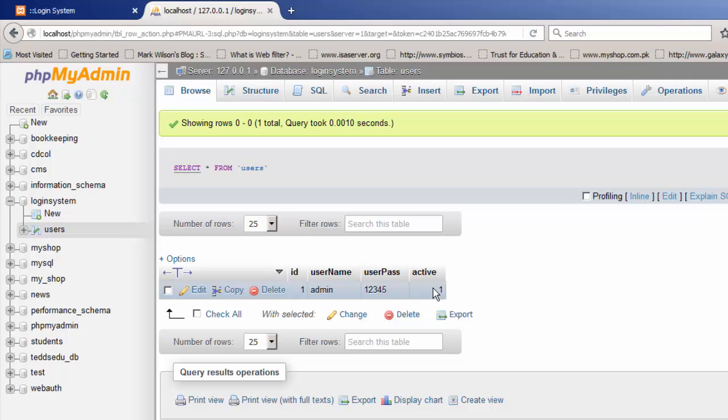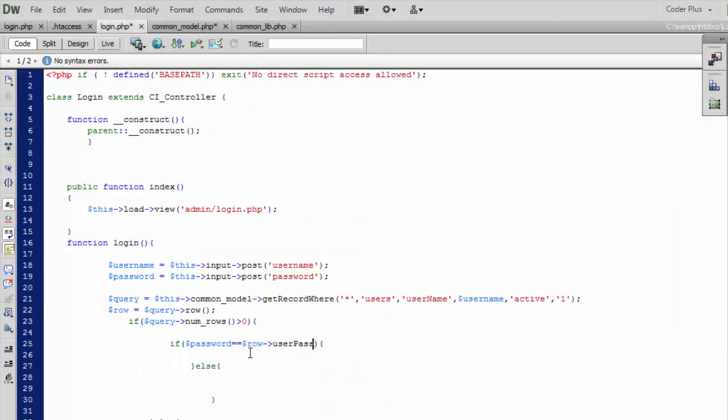From those 4 fields I am pointing only to the user password field. I am saying that row referring to that user password,